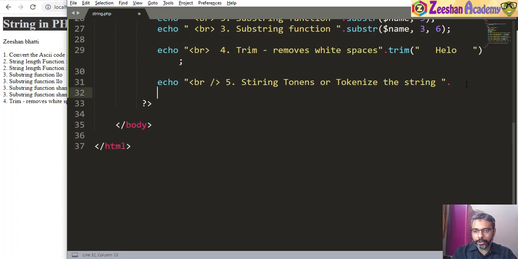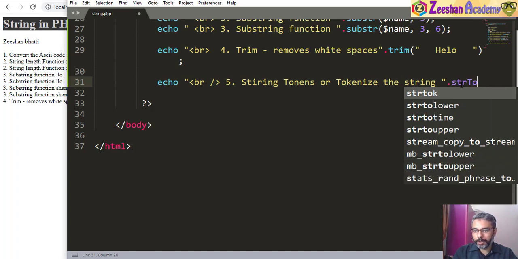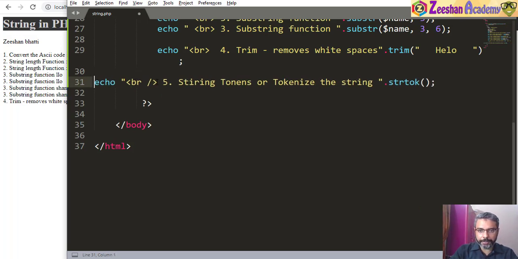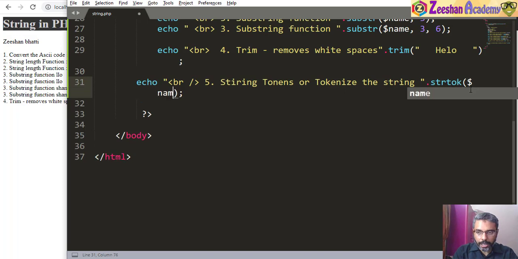we have a method called strtok. Let me just cut the string or just leave it here. strtok, t small, string tok, bracket start, bracket close. Now if I just bring it back so you can read the string method. So strtok is basically a method that will tokenize a given string. So for example, if I have my string name, and let me in fact use the string tokenization just like